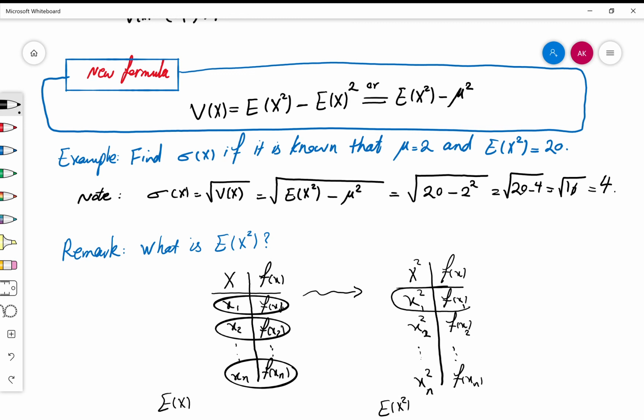Well, you multiply x1 squared by f of x1, x2 squared by f of x2, xn squared by f of xn, and that will give you E of X squared. So let me just write this: x1 squared f of x1 plus x2 squared f of x2